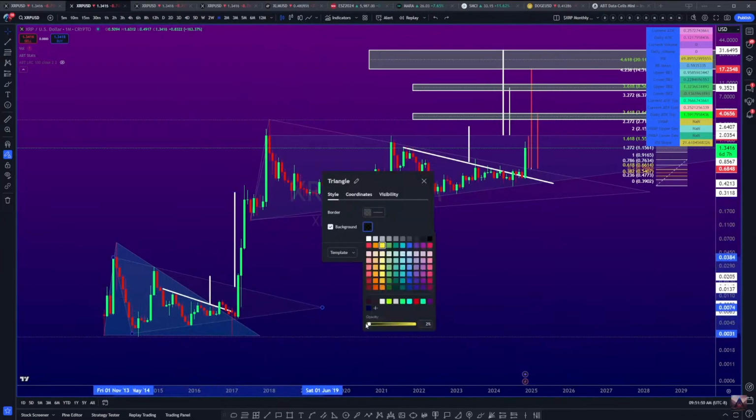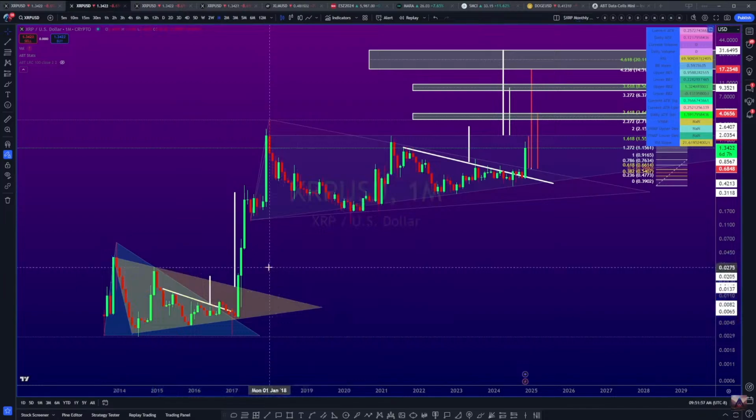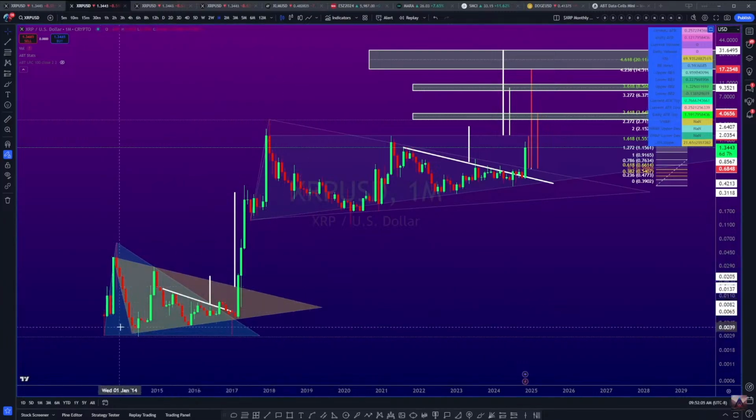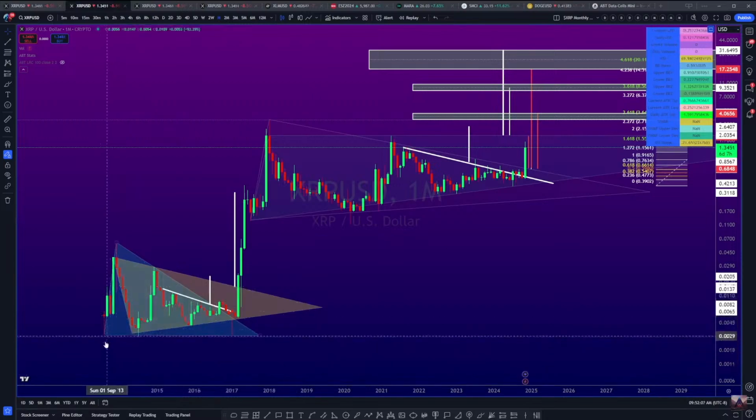Now, it's hard to determine here what kind of triangle this would be, simply because we don't have a trend before it, right? So the only thing we can see is that, sure, we built it during an upside, and then we started converging. So, yeah, I guess we could call it a bull pennant, but we don't have anything below this area here. So, screw it. We call it a biformation. We have two triangles forming within each other.